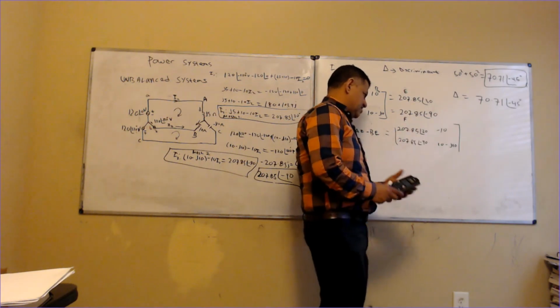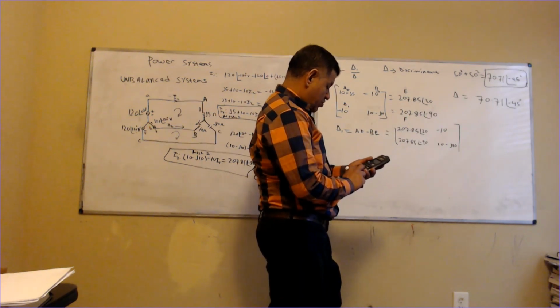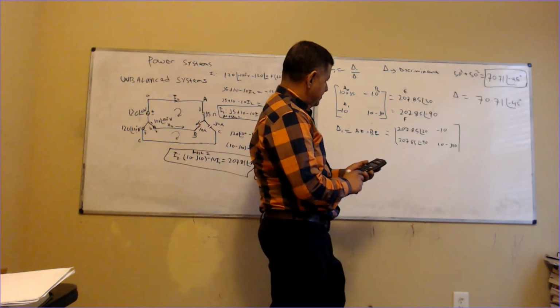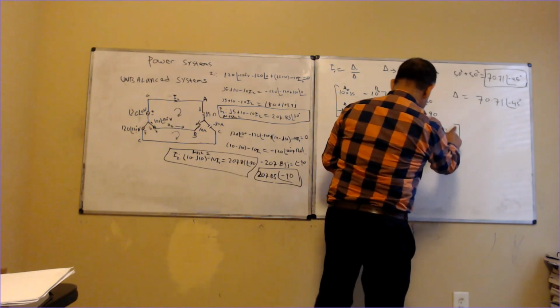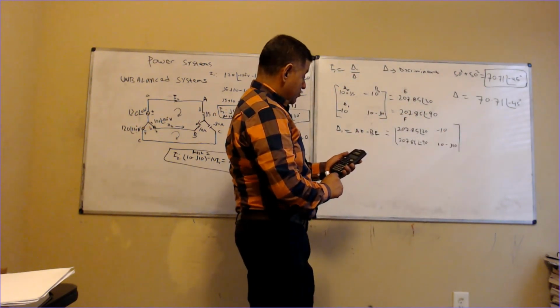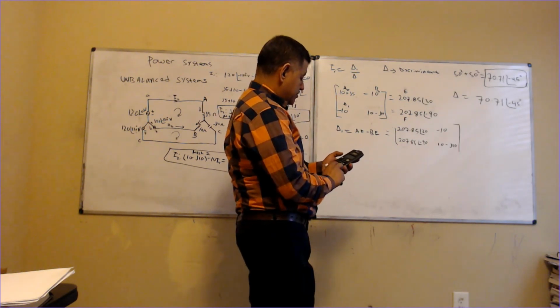But okay, so let's do 207.85, right? This times this minus this times this. Right. So then I do angle,